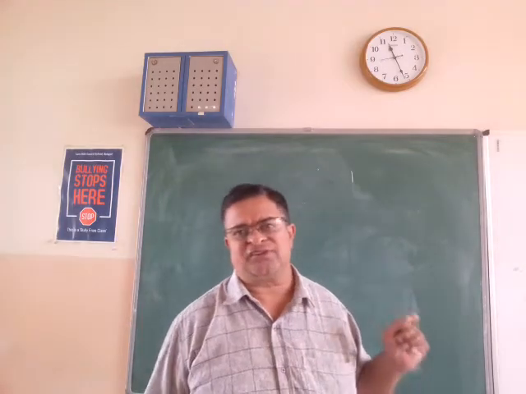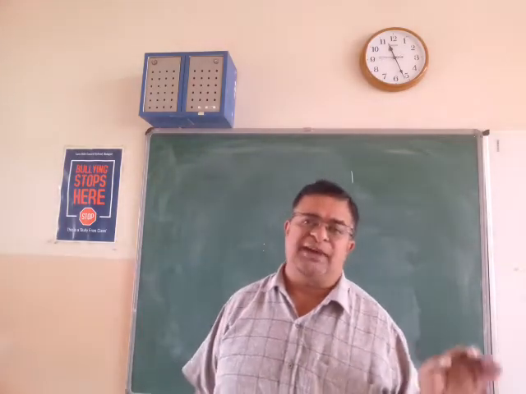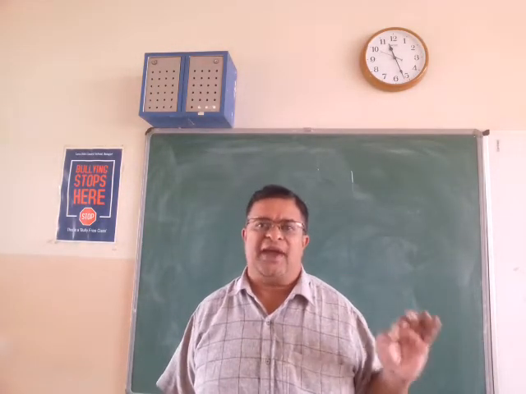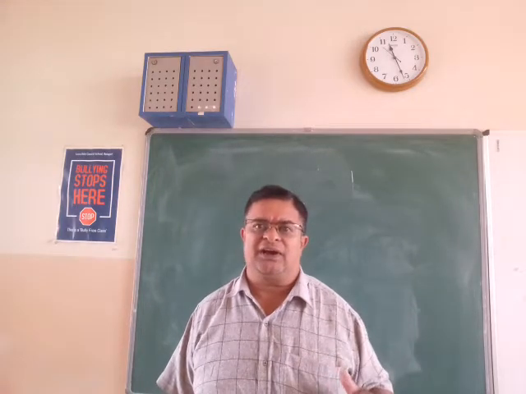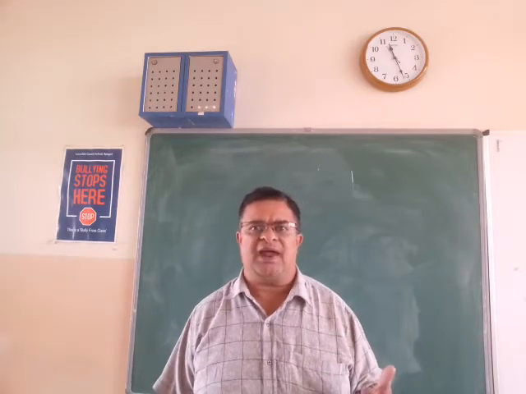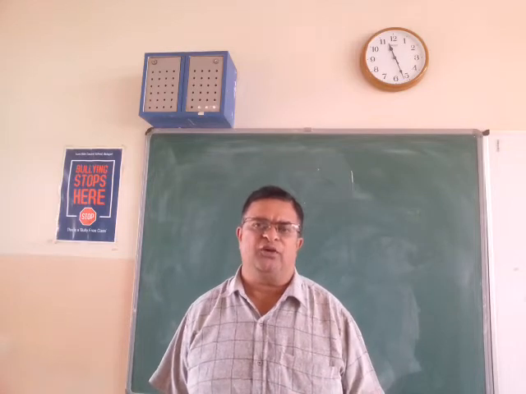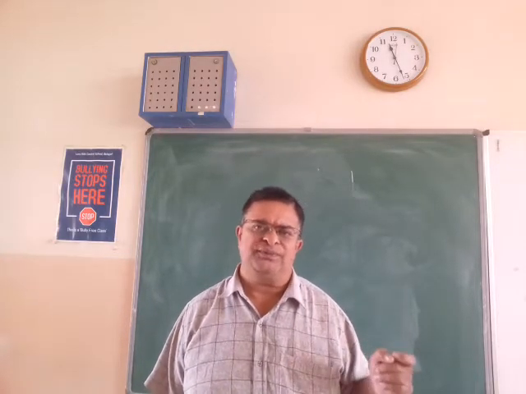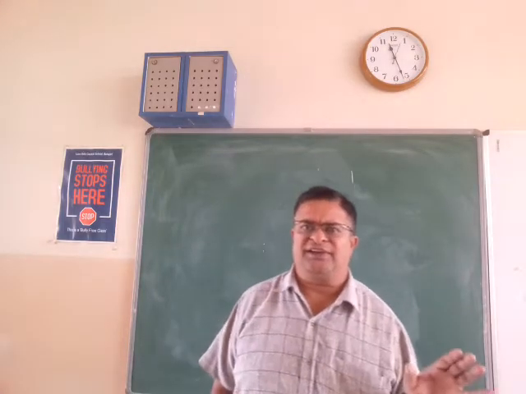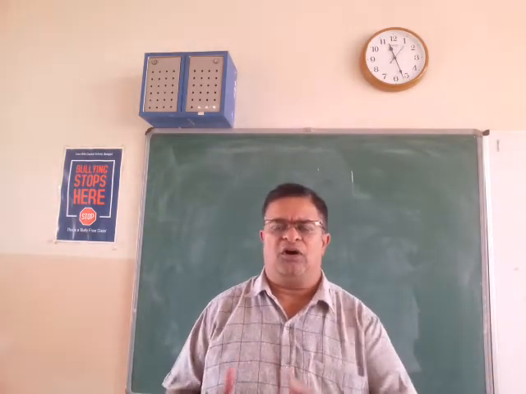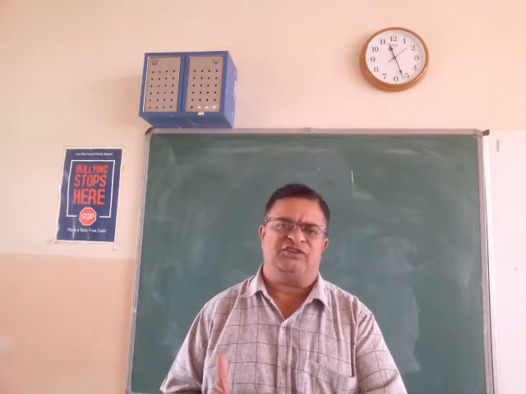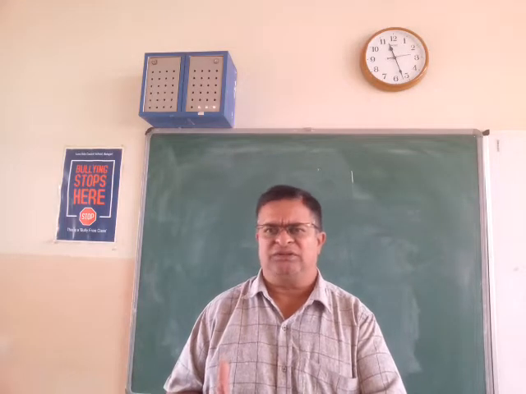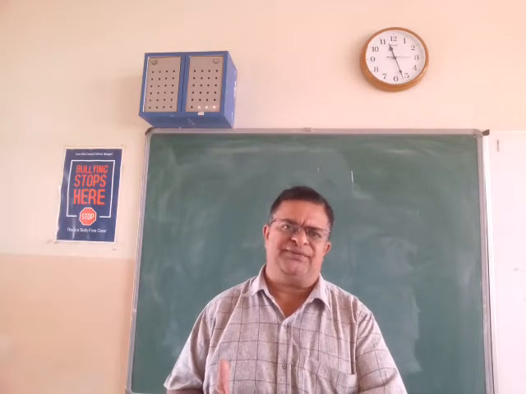And what it actually means is that the magnetic field around the conductor is stronger near it, and as you go away from it, it goes on decreasing in strength. This is the meaning of the concentric circles going farther from each other as we move away from the conductor.